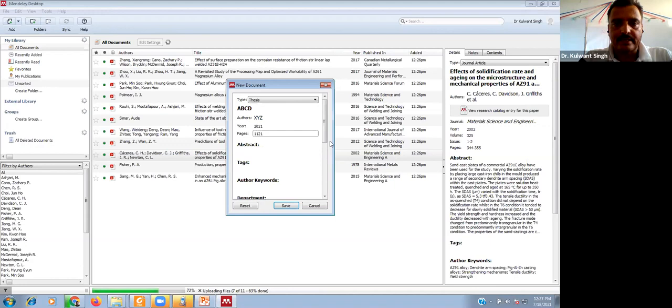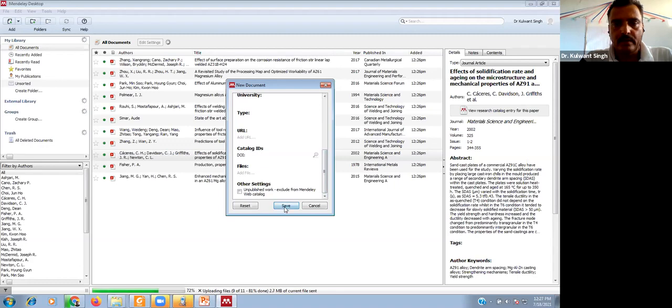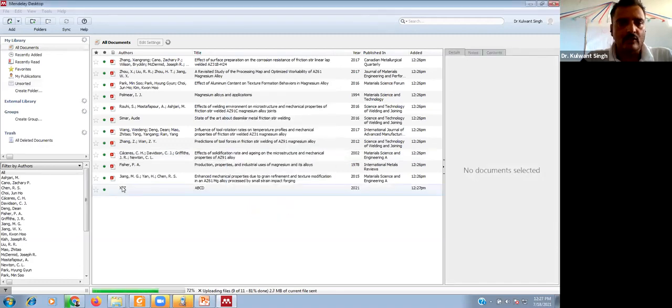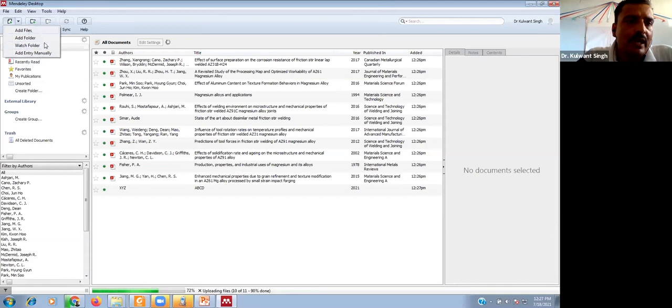The abstract is not necessary. In this section you have to add all the details which are necessary for the citation or reference purpose when you are using this particular document. So this document is added manually. So these are 4 options when you have a document with you.